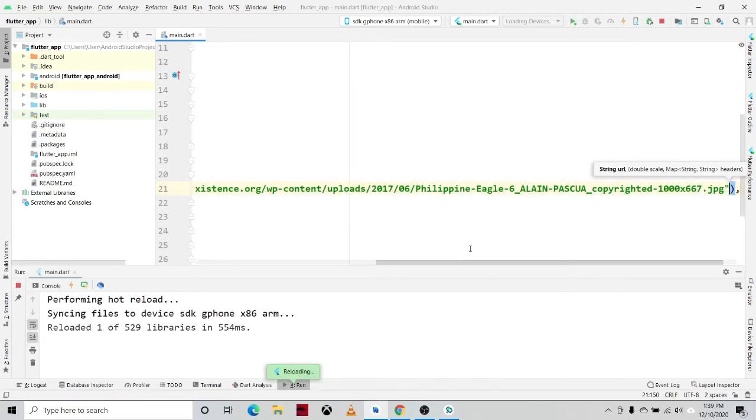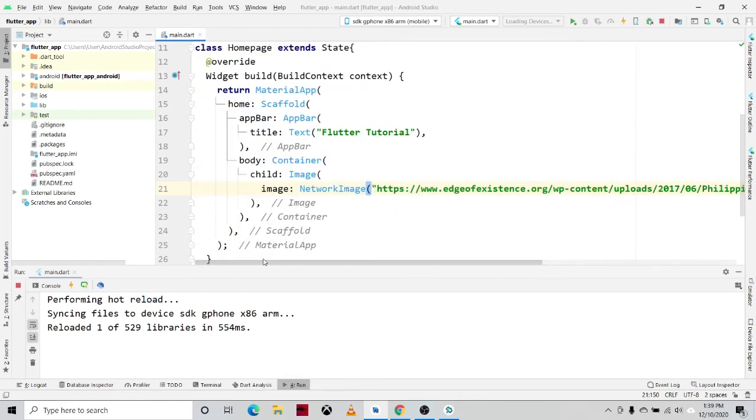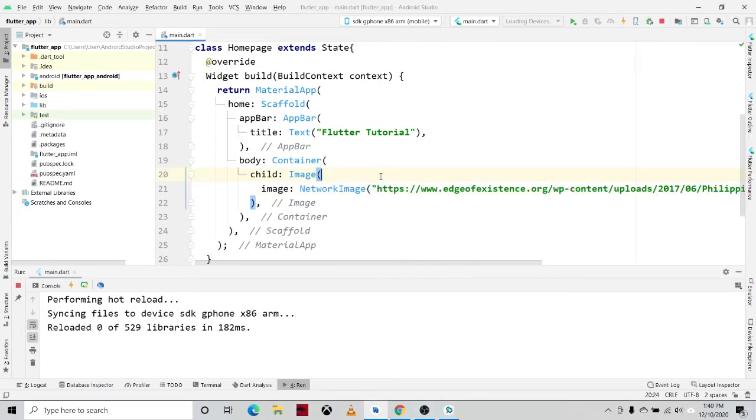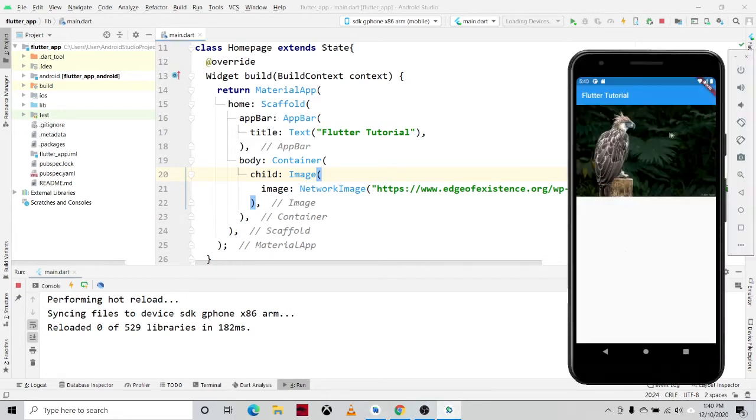So same output but a different way to display an online image. This is the simplest way of displaying an image coming from the web. Okay, so we have an image here, the image of the Philippine eagle.